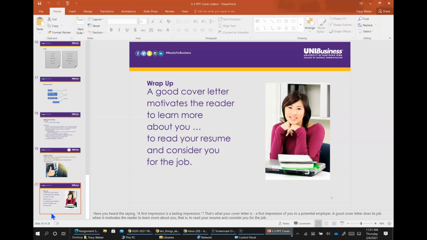You're now going to create your own cover letter using full block business style format, okay? Make sure that you have a classmate review your first draft and then make changes if necessary and then submit it for this assignment. So I'm going to recommend, again, you can use Canva if you would like. We can go to Canva and see what they have for